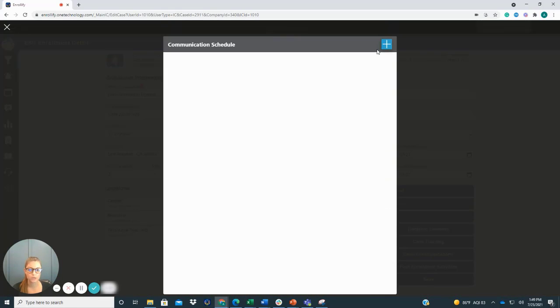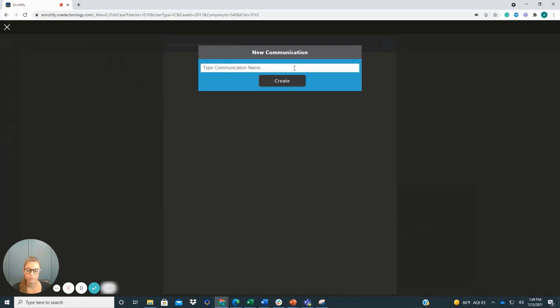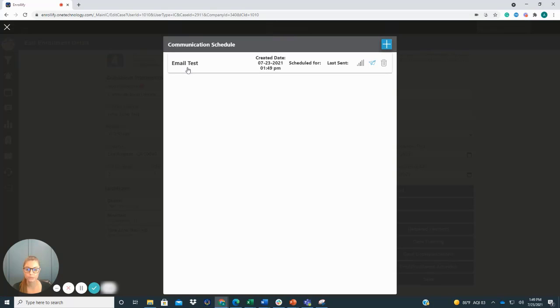To start, you will be clicking the plus sign in the upper right-hand corner. And the first thing you'll be doing is typing the name of the communication. In this case, I'm going to show you how to set up an email first. So we'll go with email test and create, and then you will see that communication now listed in the communication